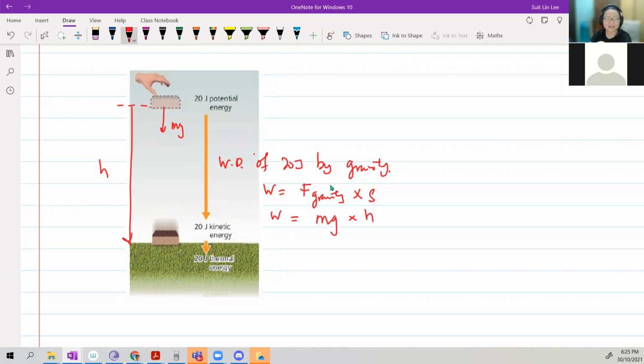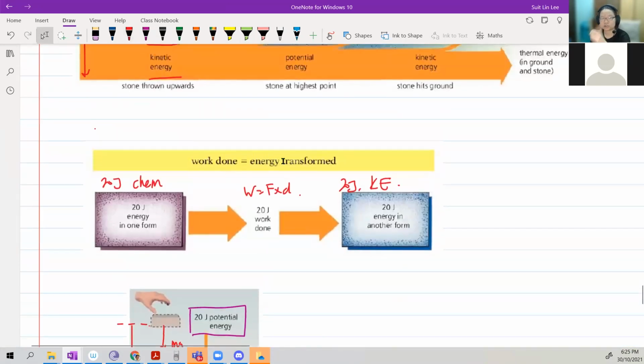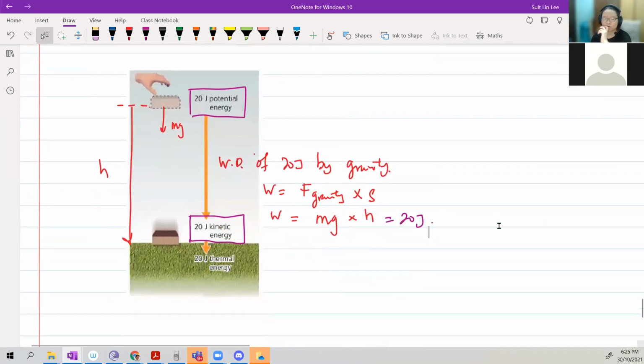Okay, and this work done actually equals the kinetic energy. And this one will be equal to 20 also. So every time there is a transfer, you need a force, and that force will do work. Whenever there is work, there is energy transfer. That's the main takeaway. And of course, after that, the 20 joule will be thermal energy. Thermal energy is normally the end of the road. It will disperse as vibration inside the molecule and then it's gone, bye-bye. No more energy.